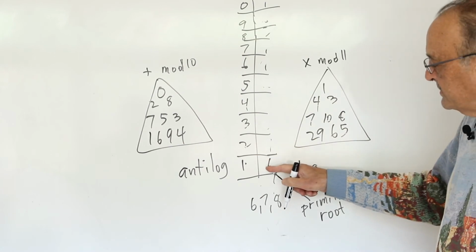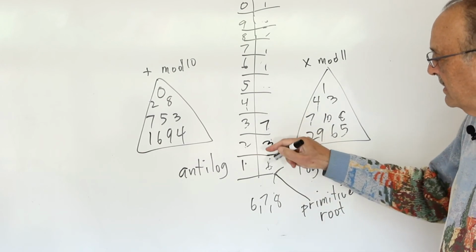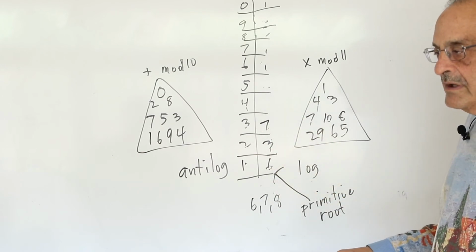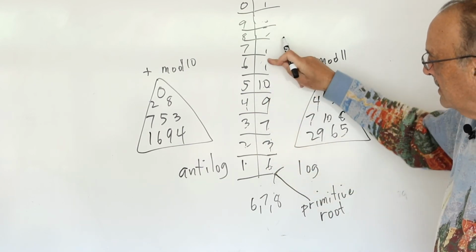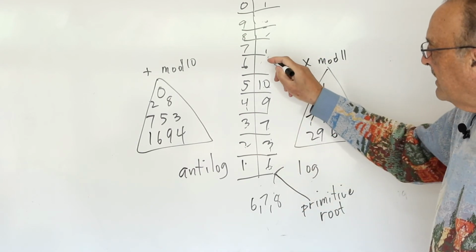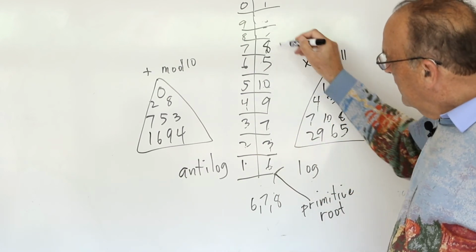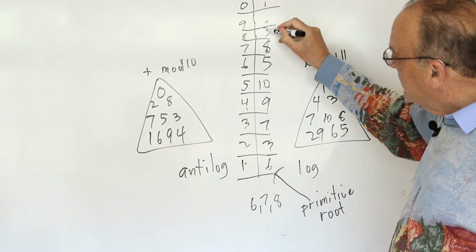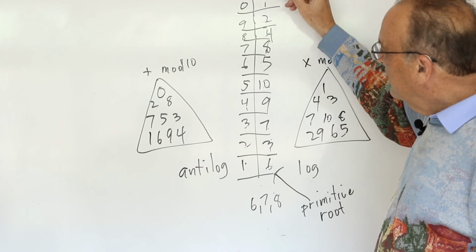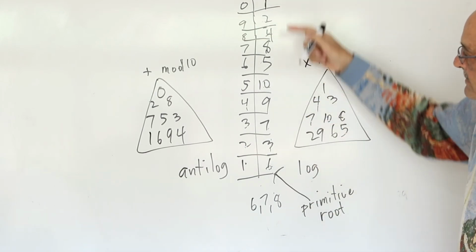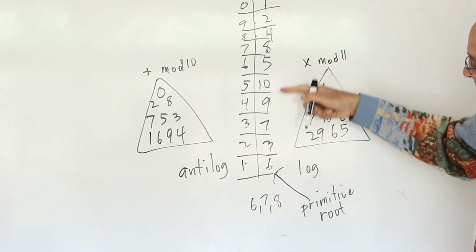So 6 times 6 is 36. Take away 33 is 3. 6 times 3 is 18. Take away 11 is 7. 6 times 7 is 42. Take away 33 is 9. 6 times 9 is 54. Take away 44 is 10. 6 times 10 is 60. Take away 55 is 5. 6 times 5 is 30, take away 22 is 8. 6 times 8 is 48. Take away 44 is 4. 6 times 4 is 24. Take away 22 is 2. 6 times 2 is 12. Take away 11 is 1. So we ended up with all the numbers 1, 2, 3, 4, 5, 6, 7, 8, 9, and 10 with